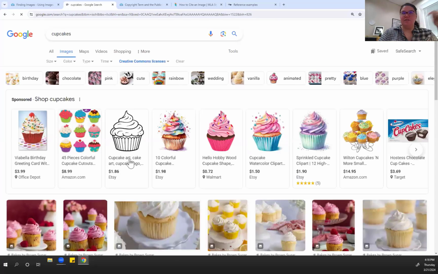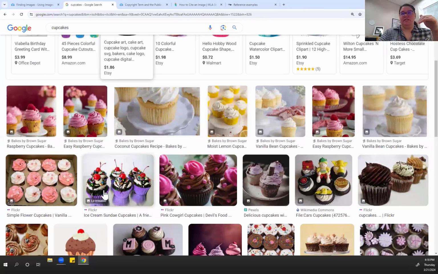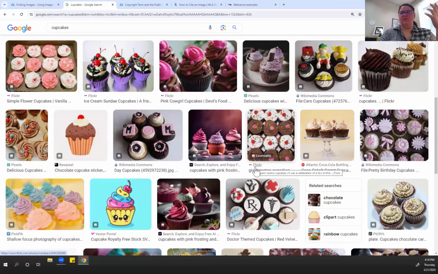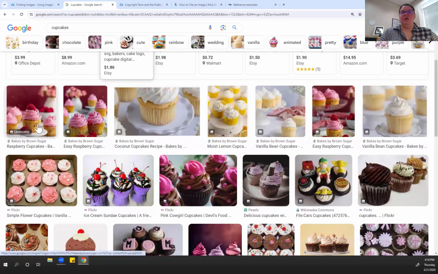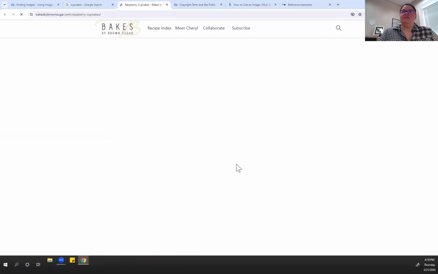So Google will try to pull out any image that does not have a Creative Commons license associated with it. And you should start to see a lot of things that are coming from Flickr, from Wikimedia Commons, from Pexels, there's a couple of other large repositories that are out there that use it. Now, it is always a good idea to actually click on the link and not just look at the copyright, but also visit the site. So why is this one coming up here if it has a copyright notice under it? So if I visit the site,